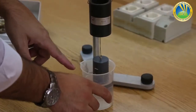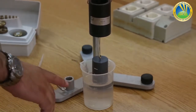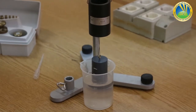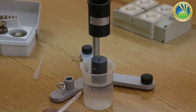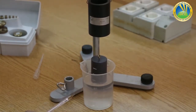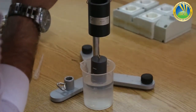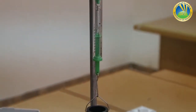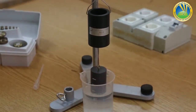So we immerse the solid cylinder till the first mark. So the first mark is at the surface of water. What we have to do is to measure the final volume and the F prime from the dynamometer. The final volume is about 240 milliliter. And F prime is 1.9 Newton. So F prime becomes less than Fg, which was 2.1 Newton when the solid cylinder is suspended in